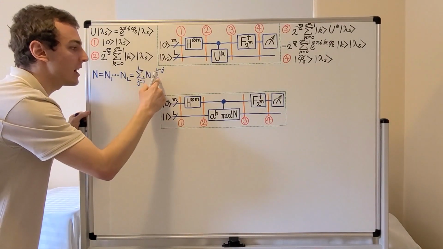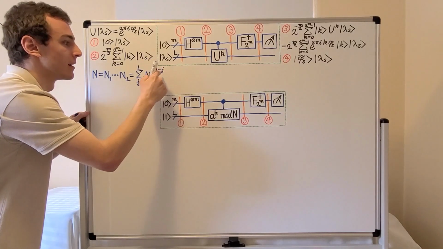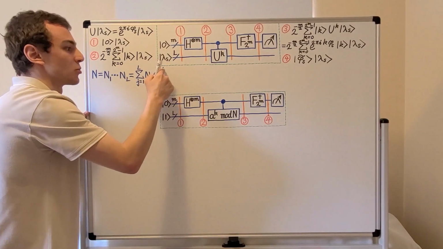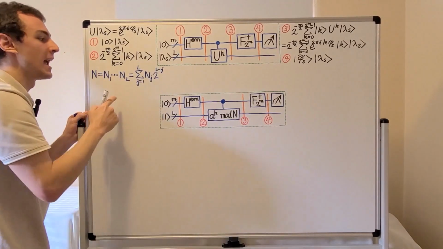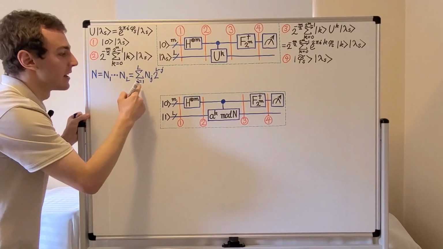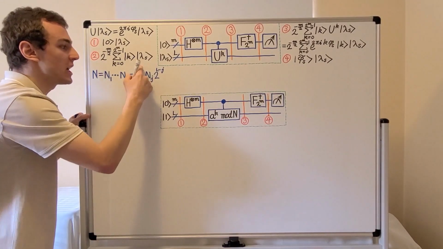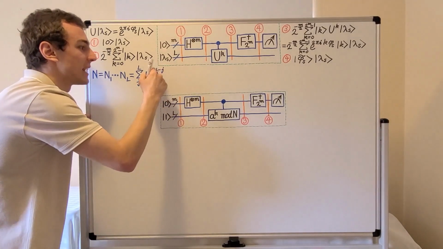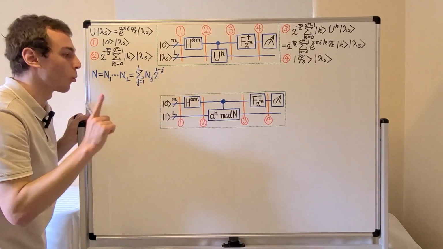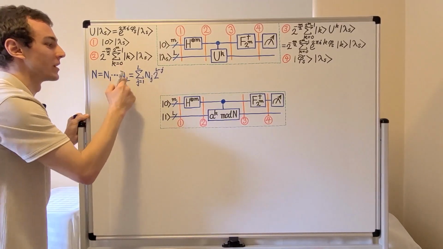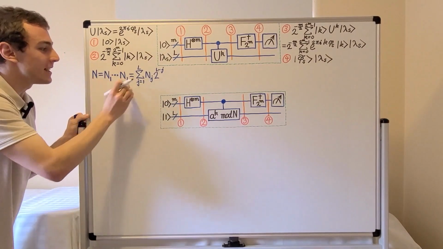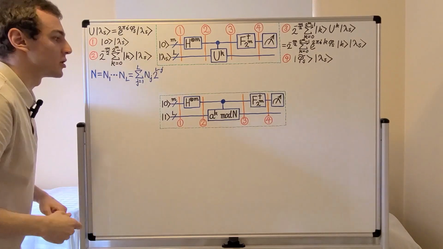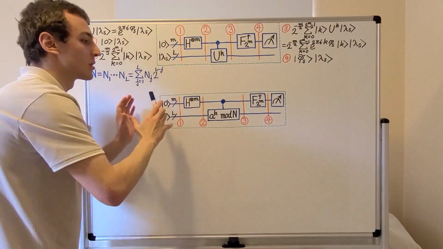That's n1. We have 2 to the L minus 1. So this bit over here is getting multiplied by 2 to the L minus 1. That's the power of 2 we're dealing with. And then if we go all the way to the smallest bit, that's going to give us j equals L. So for the j equals L term, we have n sub L, and that's 2 to the L minus L. L minus L is 0, so we have 2 to the 0, which is 1. So this is the ones bit over here. So now we can represent this number n in binary. Now it's important to start off with this definition so that we can move on and construct this quantum circuit